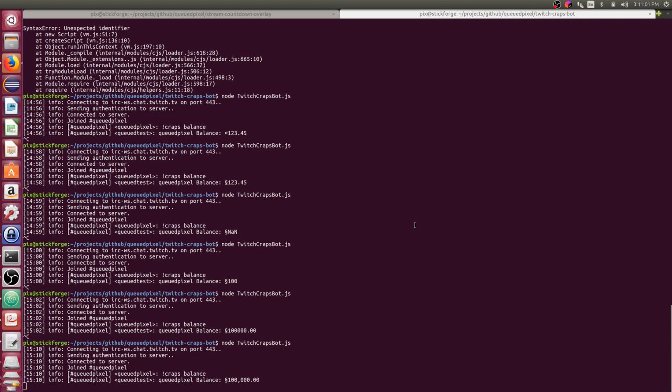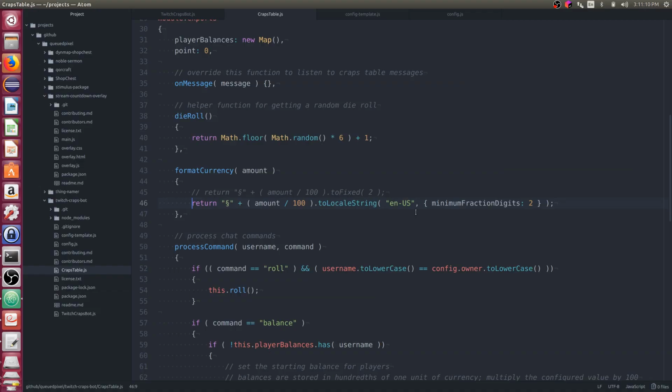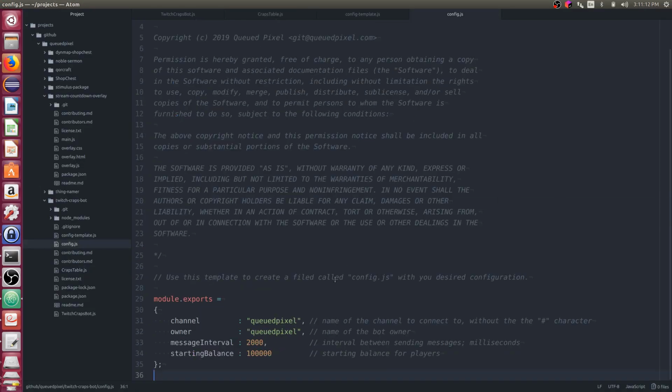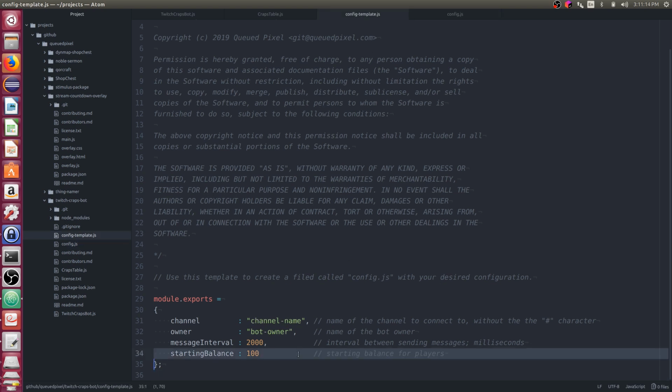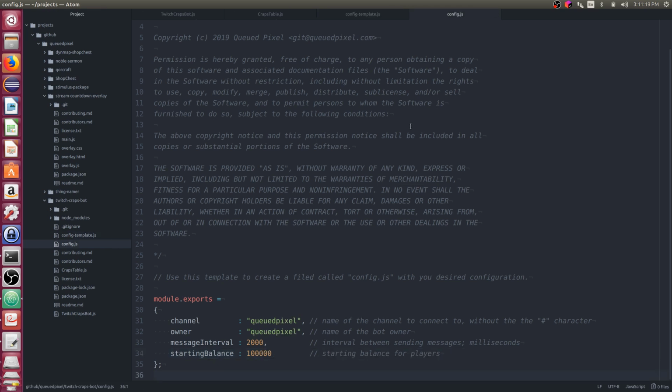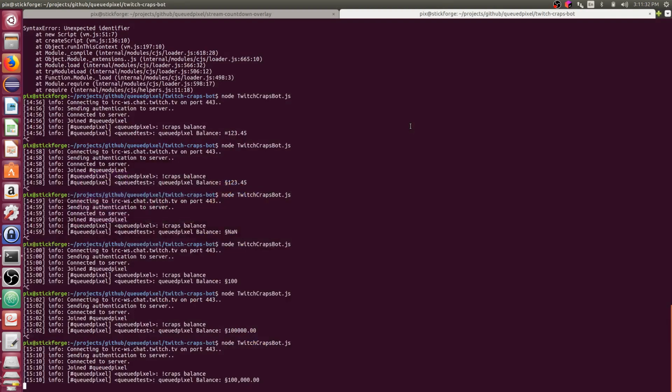I can't think of anything else I'd really want to add to that, so let's look at the commit or the git diff and see where we're at. First, let's go fix my own configuration, go back to the 100. I want players to have 100,000. That's a lot of moolah. But 100 should be pretty reasonable.